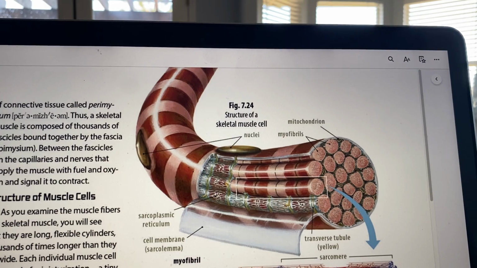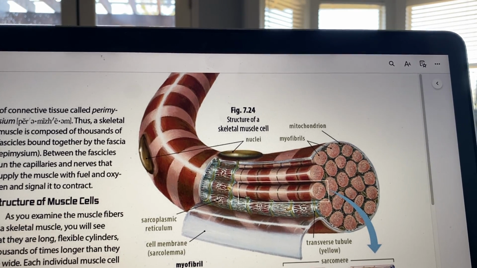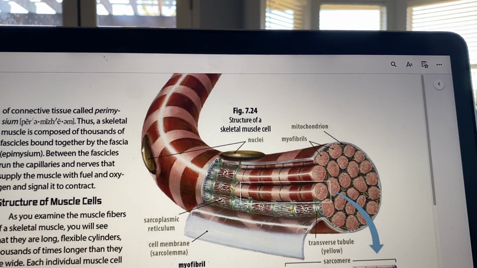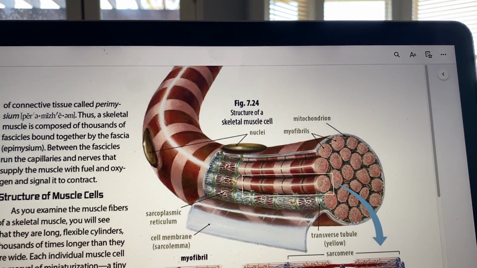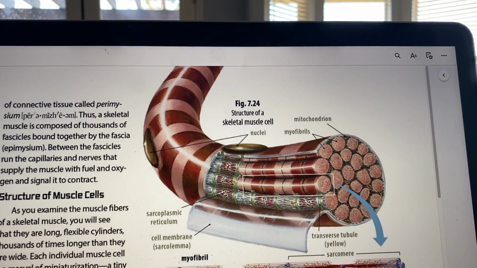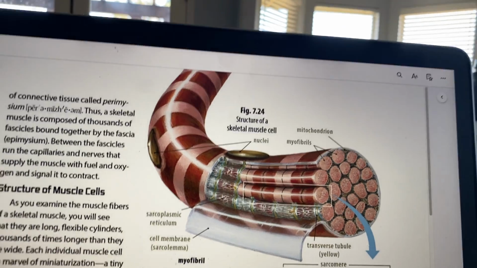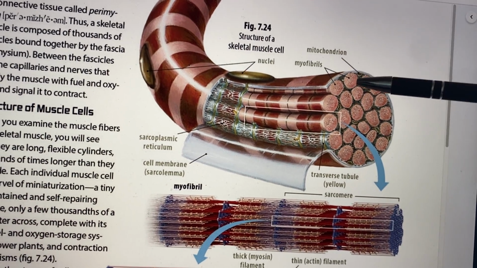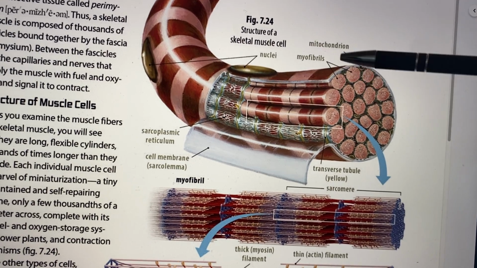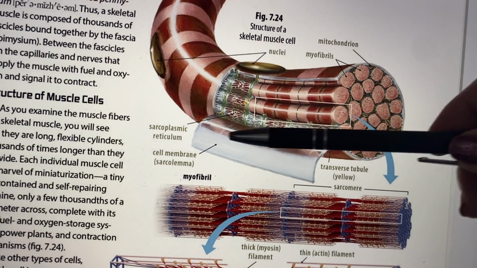The myofibrils, they're the length of the cell, and they contract. And these are the contract machines. Remember, muscles have to contract. So they need those myofibrils to contract, and they have dozens of them. So here we have the myofibrils in the picture. Can you see this? Here's the mitochondria, these tiny, tiny mitochondria. Now we have the myofibrils that contract in the midst. And so they also have what's called